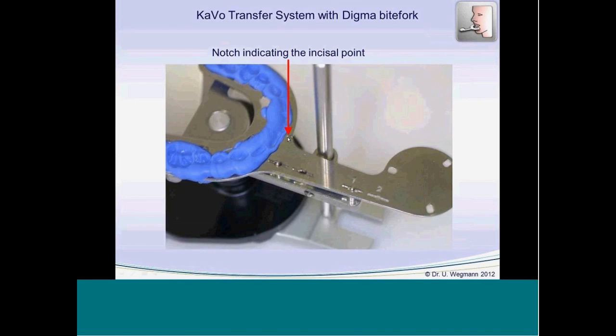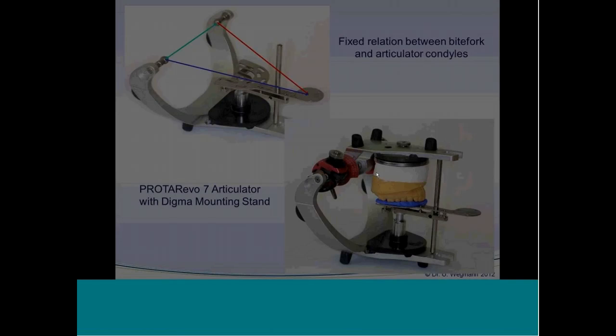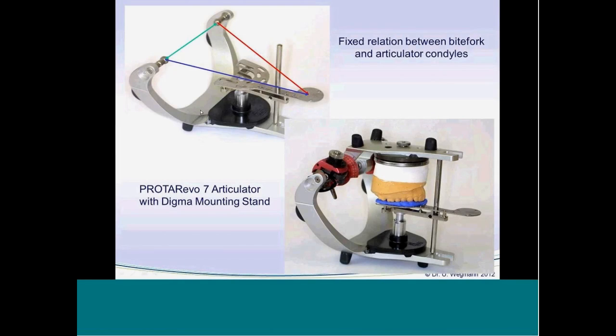When you have done this impression and the first measurement with the Digma system, the lower bow will be attached here, then you can transfer this bite fork to a mounting stand in the lower part of the articulator. And with this, you have always the same position of the bite fork in your articulator, and this position is known to the Digma. The distance from the registration system to the artificial joints is always the same, and that makes it very simple to do the mounting of the upper model and, of course, to do the calculating of the settings for the articulator joints.